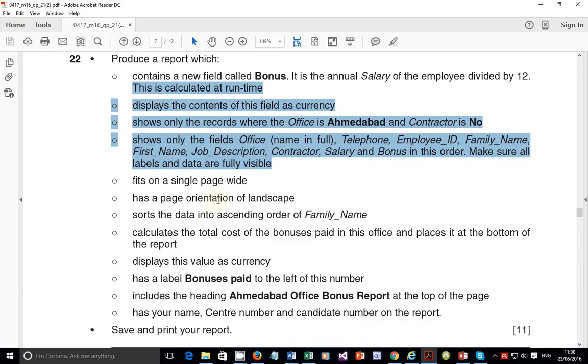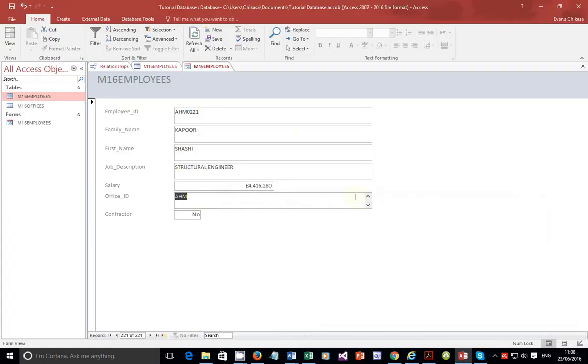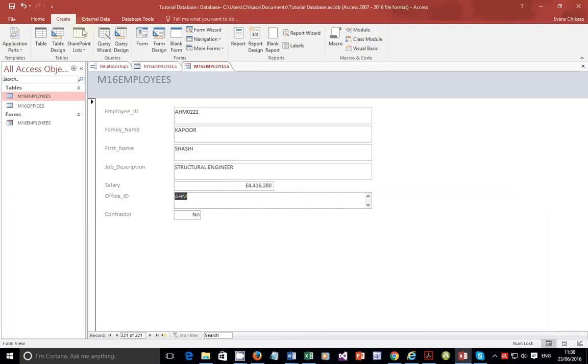And I find it so easy actually to work that way than to start a report wizard and create a report from scratch. When you go through report design, actually there's some work that you have to do there, but for now let's just work with the query wizard. So what I'm going to do is go to create, and then I'm going to create